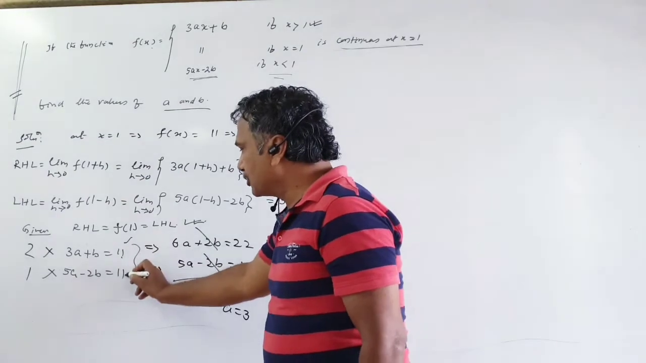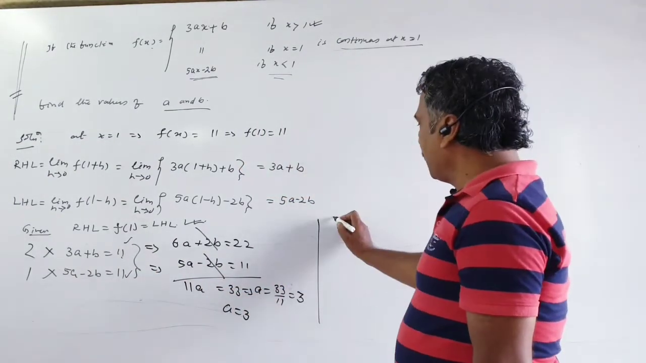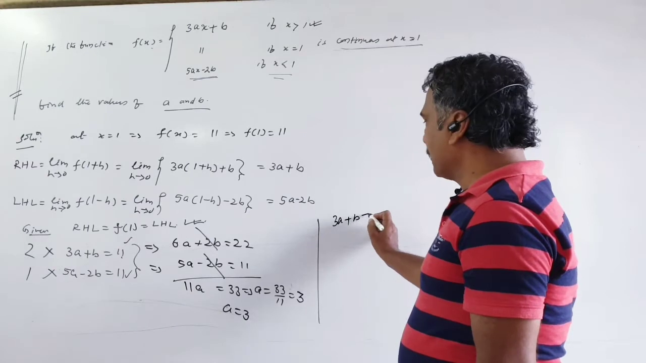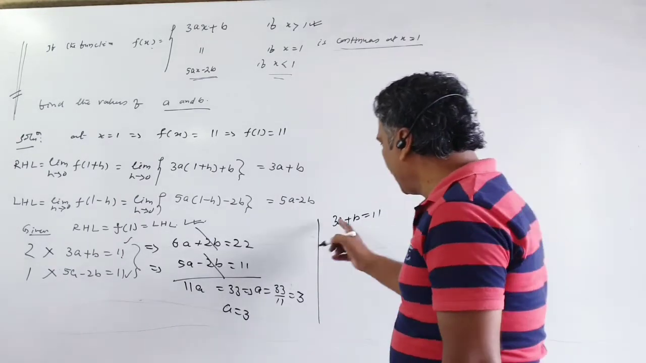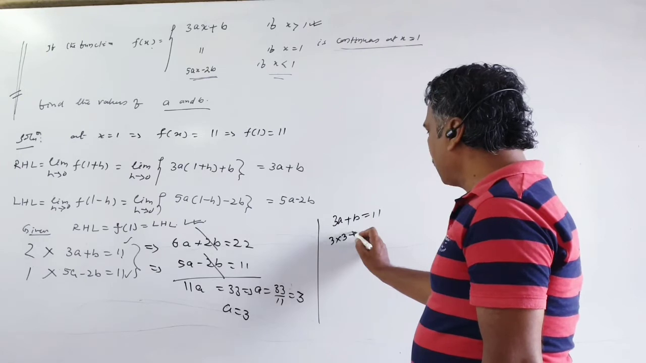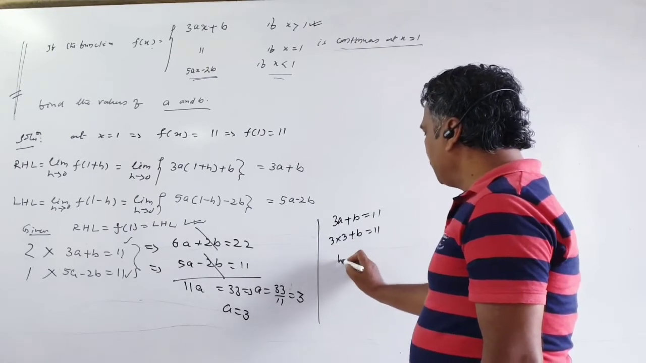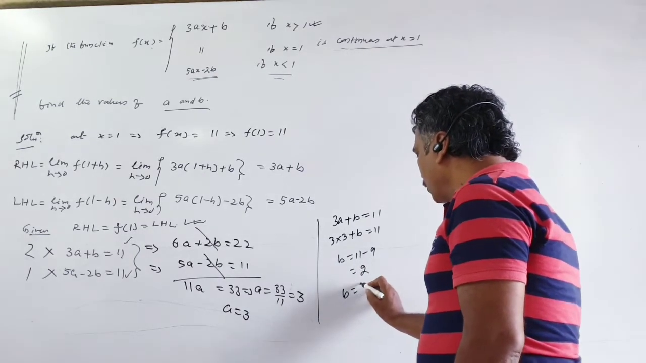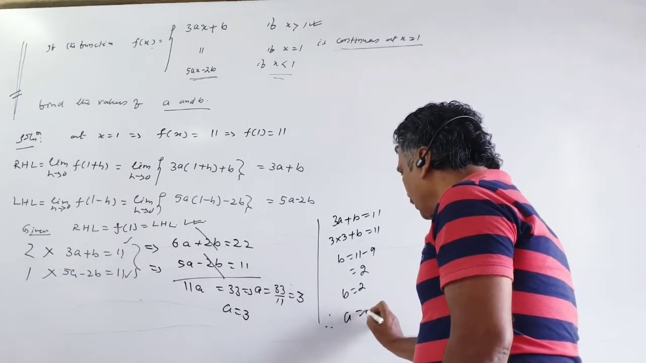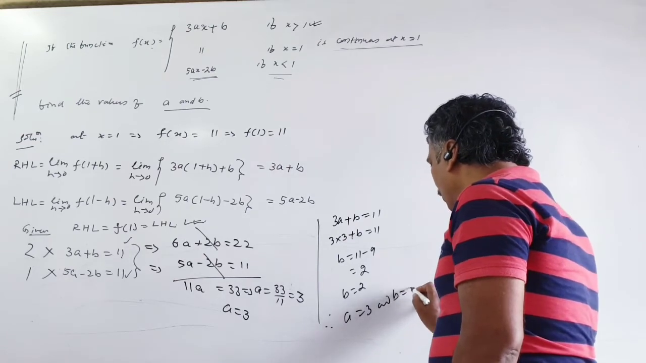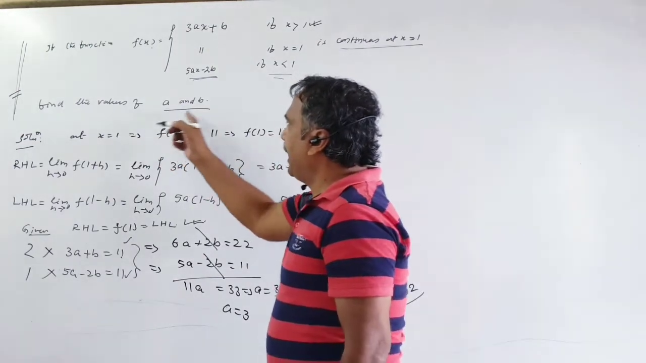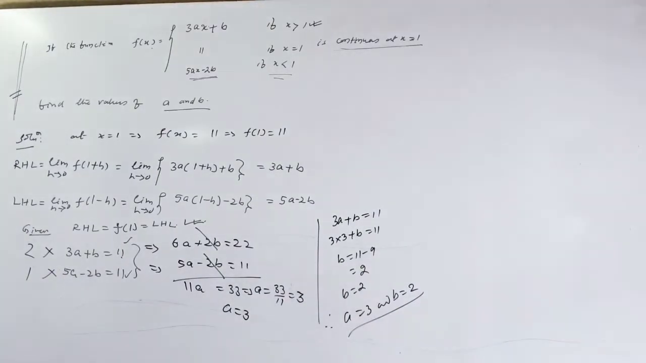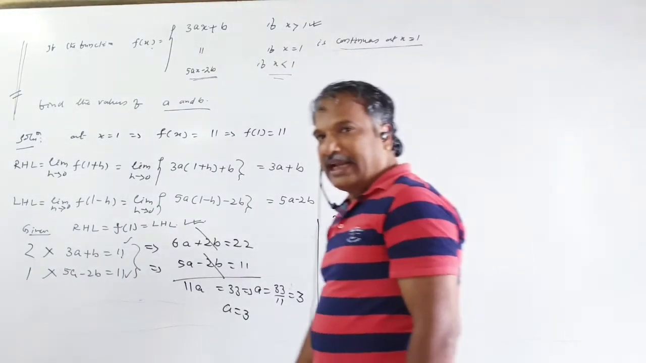Now substitute a equal to 3 in either equation 1 or 2, as you like. Here 3a plus b equals 11. Now a equals 3, so 3 into 3 plus b equals 11, so 9 plus b equals 11. So b equals 2. Therefore a equals 3 and b equals 2. So these are the values of a and b. Okay. Now the next example is,